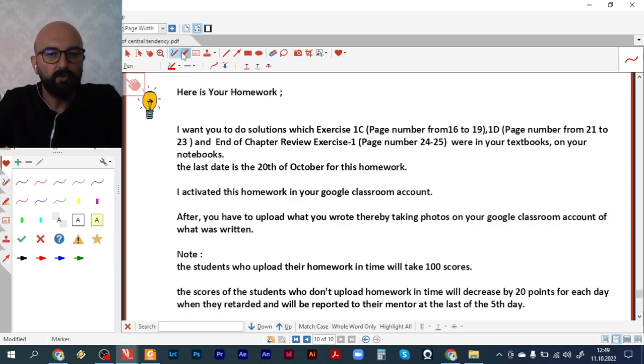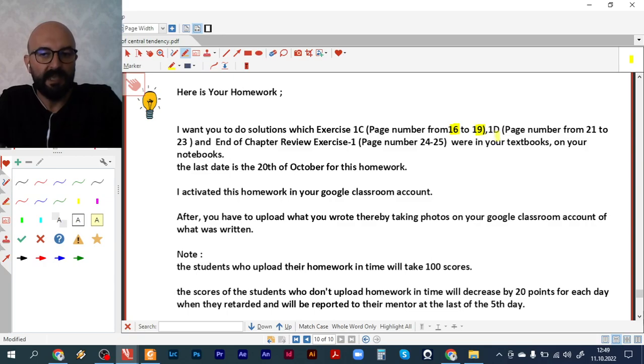I want you to do the solution of exercise 1C in your textbook, page number from 16 to 19, and 1D exercise, page number from 21 to 23, and the end of the chapter review exercise, page number 24 and 25, in your textbook. And this exercise solution you should do in your notebooks,